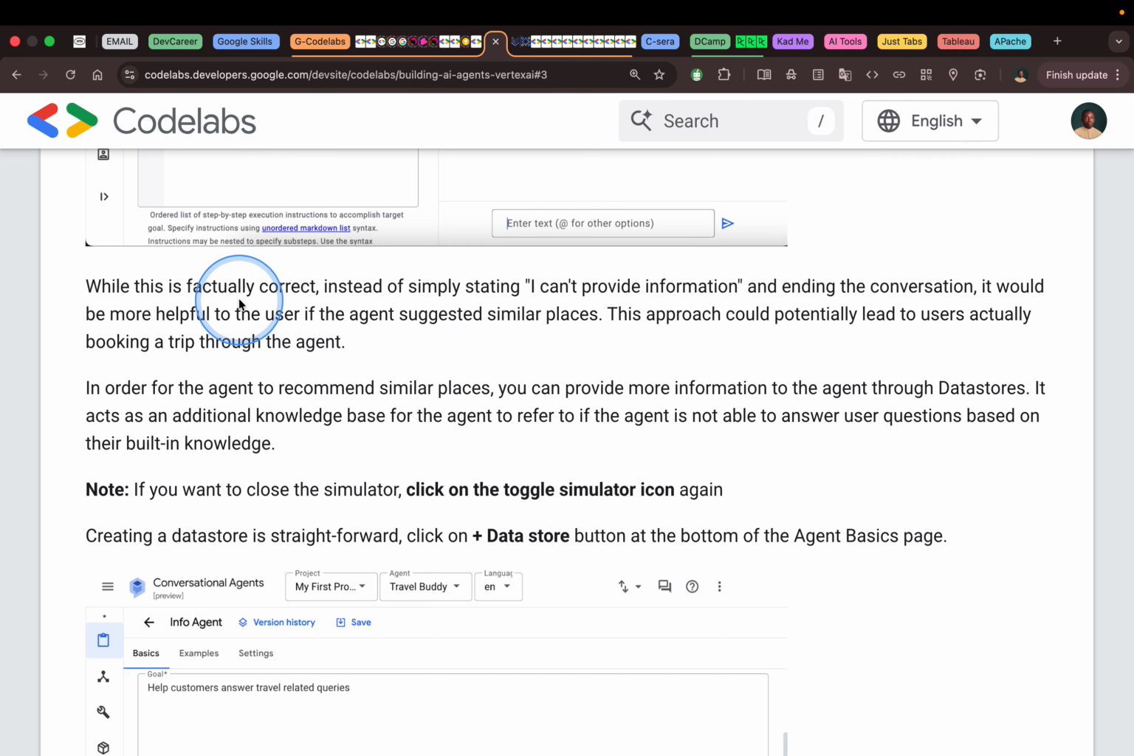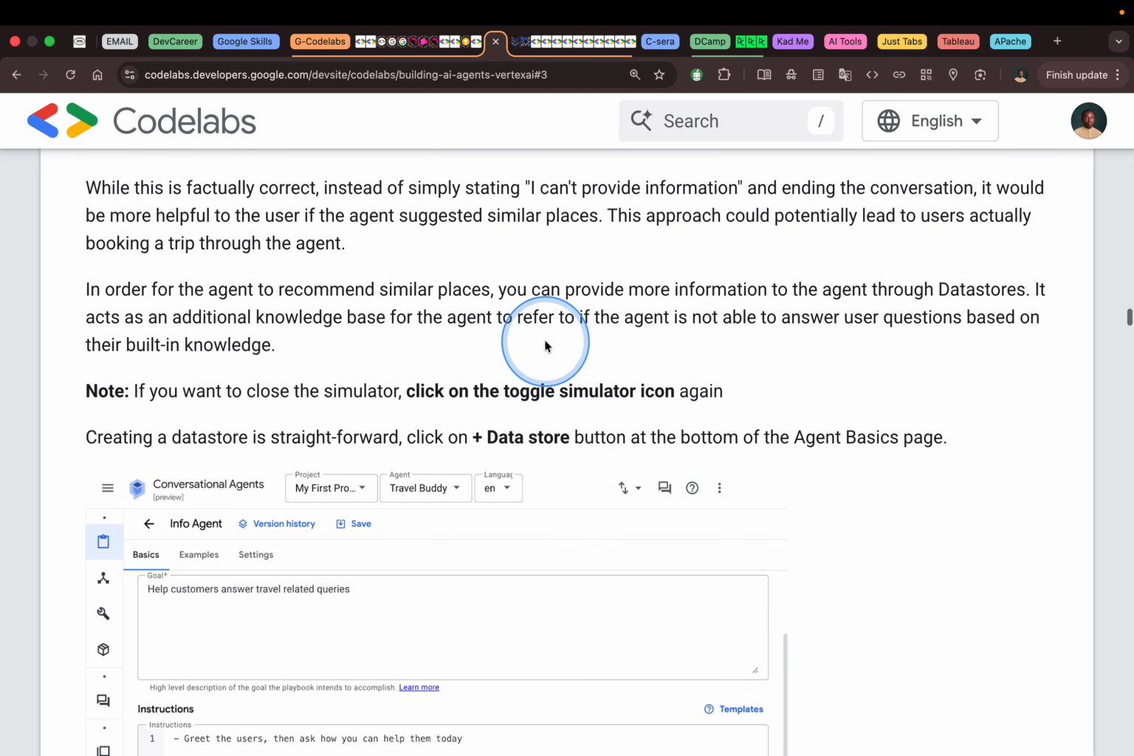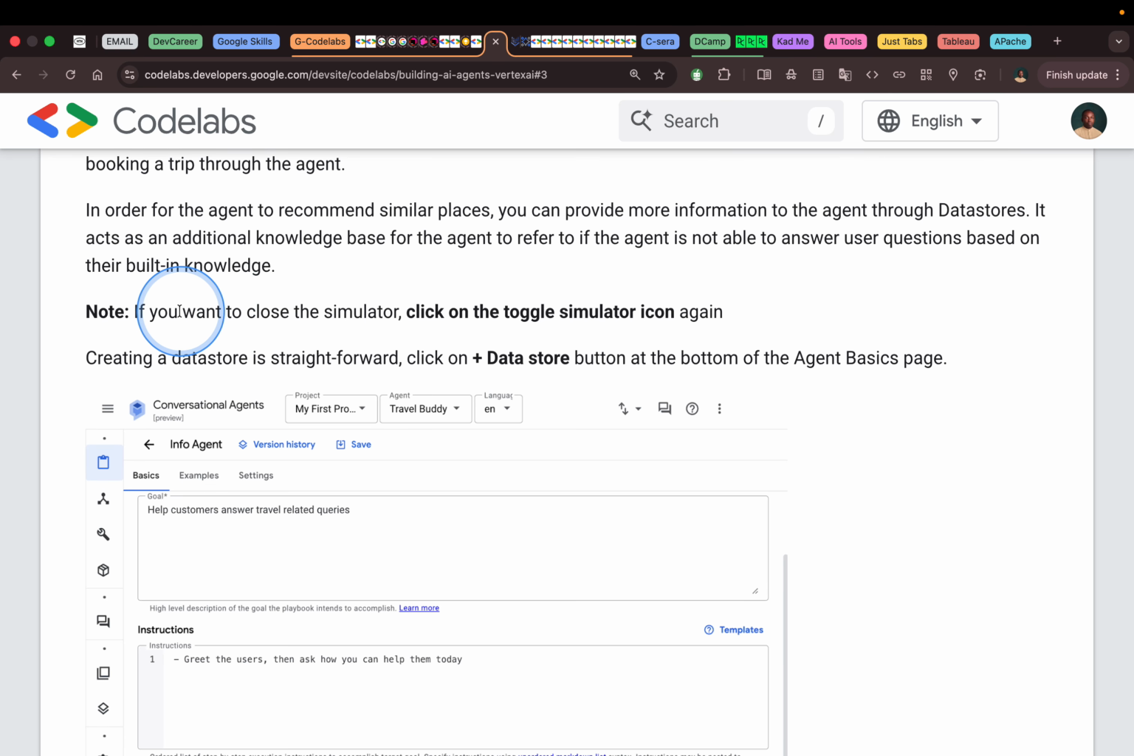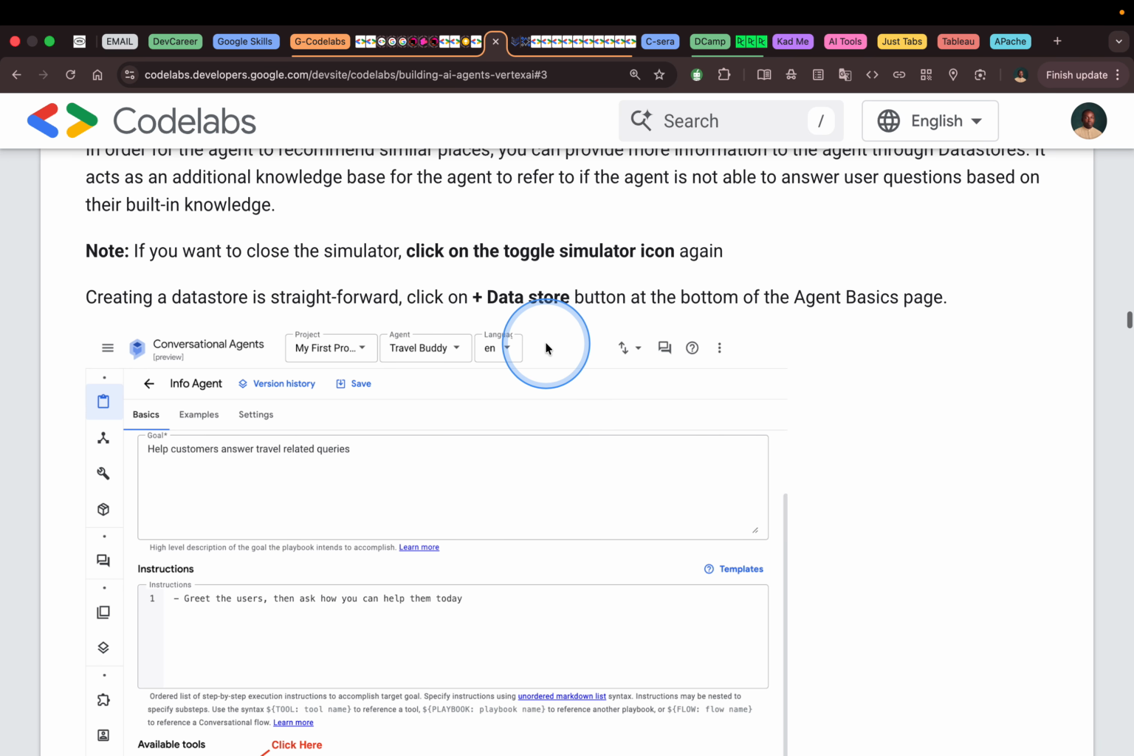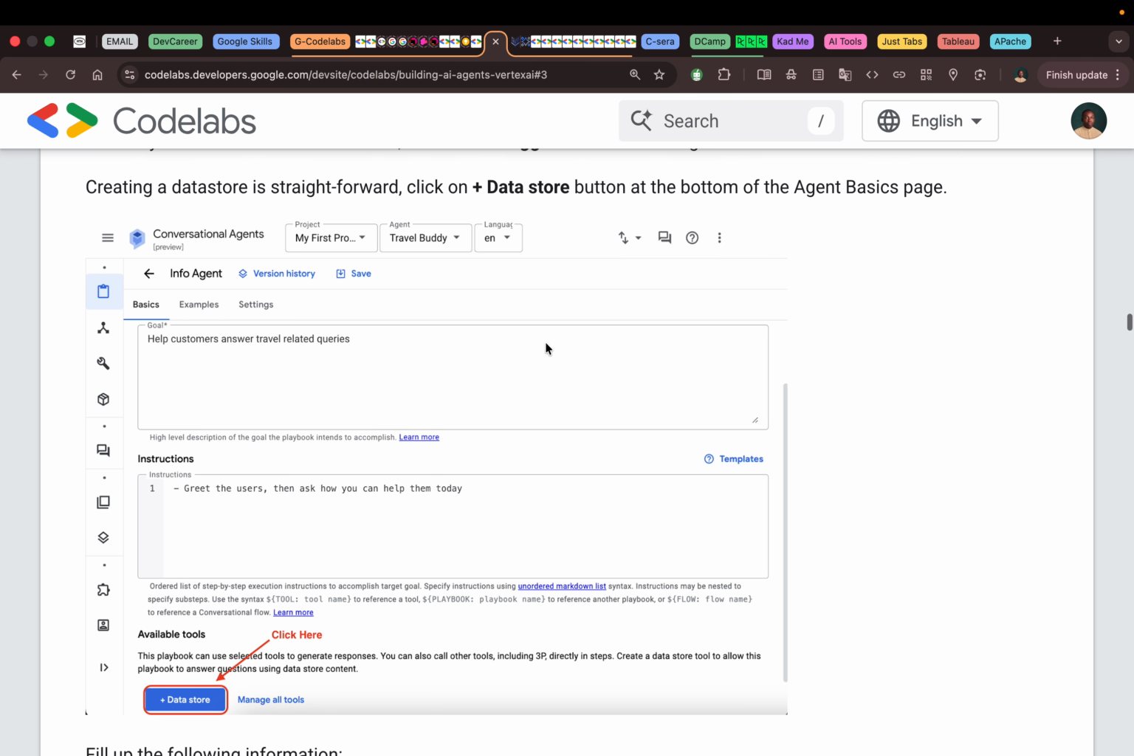So what is this factory query? Instead of simply stating I can provide information in the device, it would be more useful if the agent suggested similar places. So once we go to the simulator, we click the toggle simulator icon again. So create a data store. Click on the data store